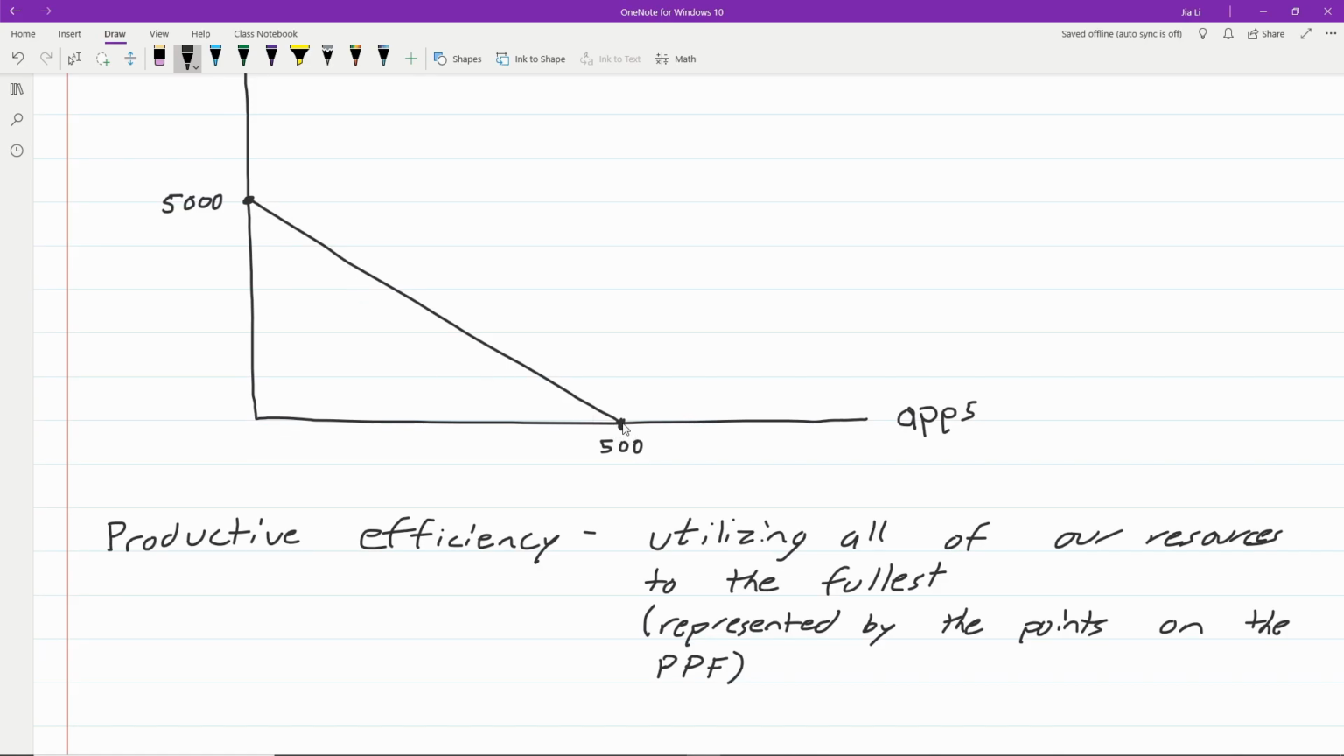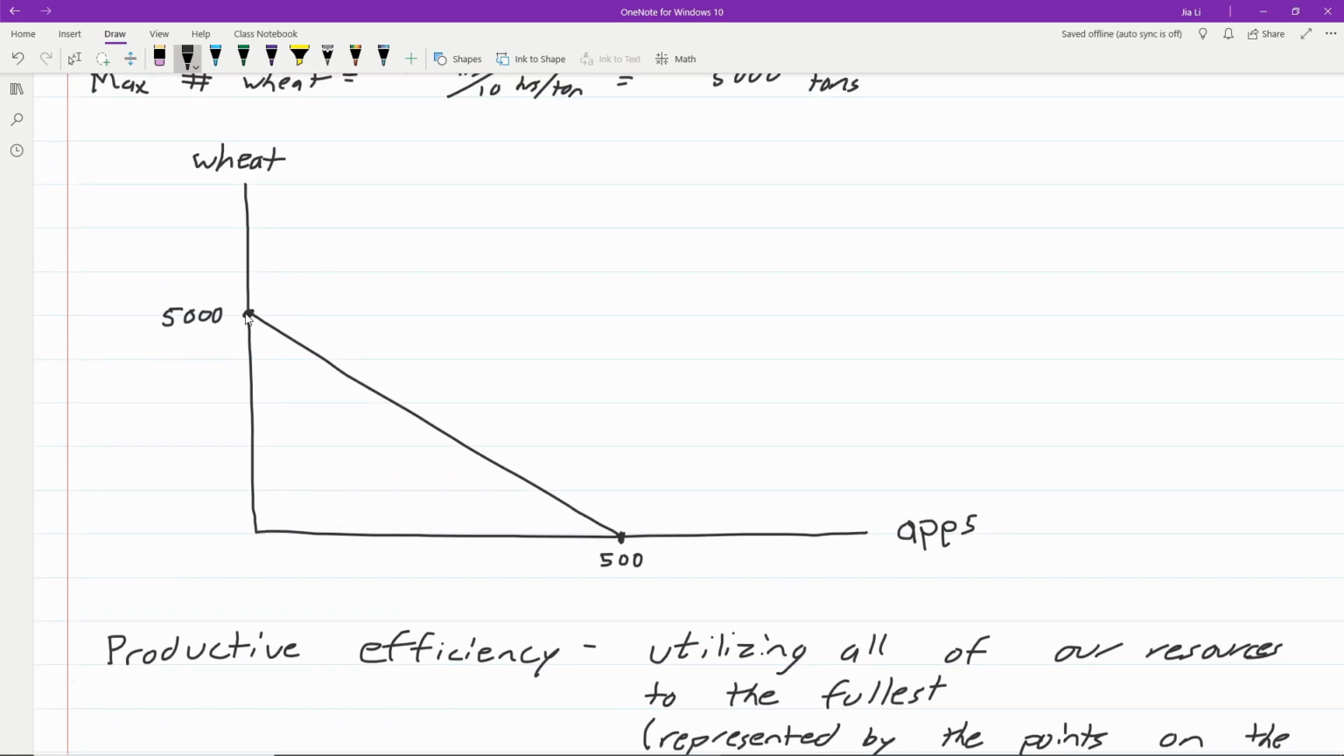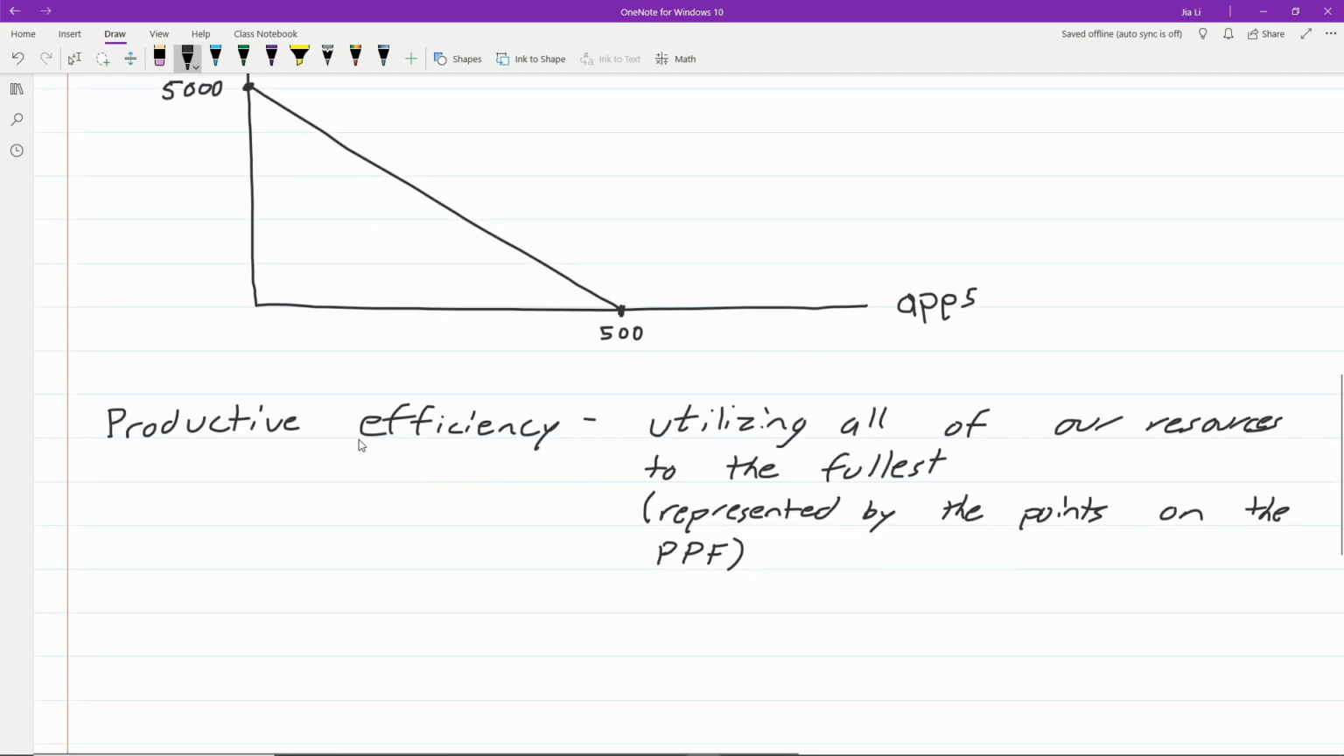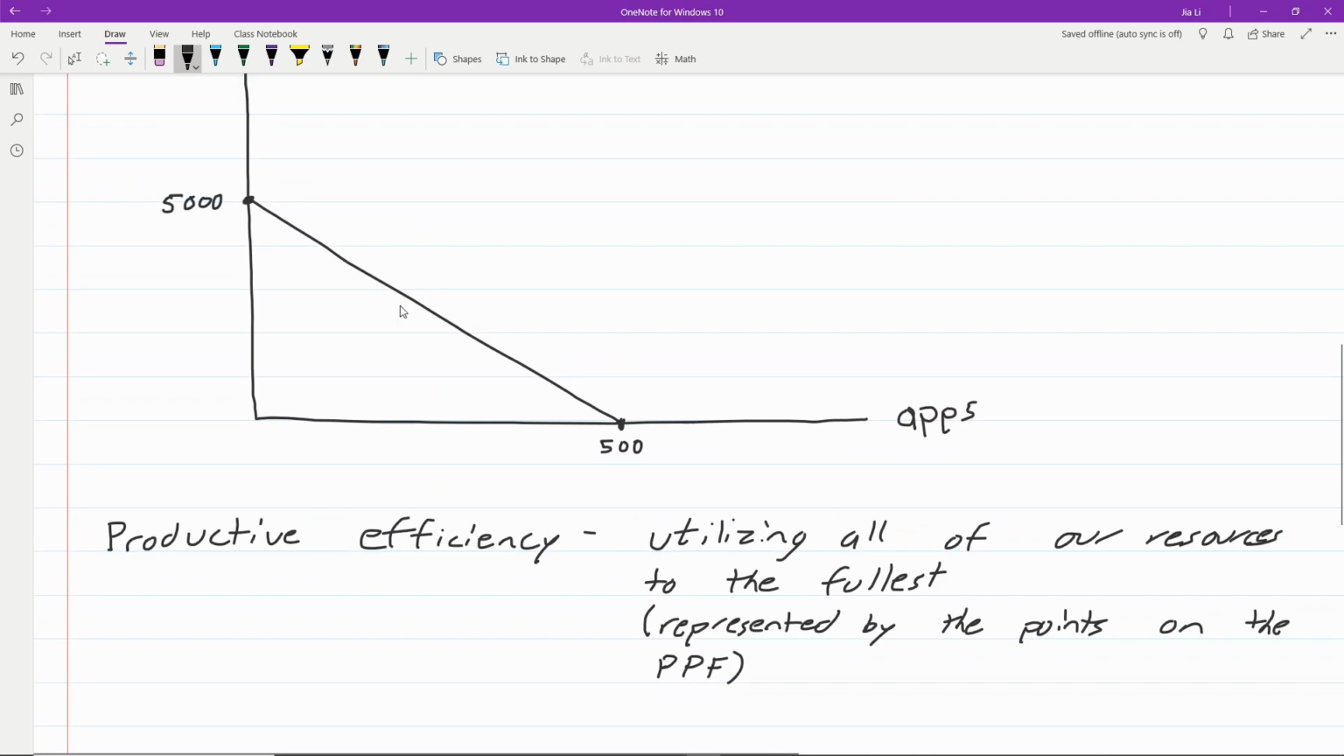So any of these points are considered productively efficient. Whether we pick a point, say, all the way down here, where we are using all of our resources just to develop apps, or whether we're all the way up here, where we're using all of our resources just to grow wheat. Both of those points, as well as any other point directly on this line, are considered efficient from a productive point of view, because the only thing that this terminology, this definition checks for is making sure we are using all of our resources to the fullest extent,